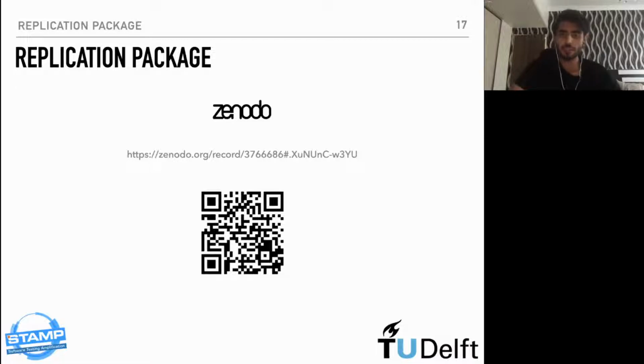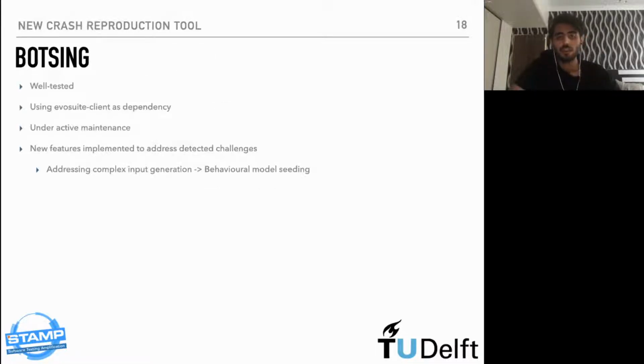Finally, the replication package is openly available in Zenodo. And the other thing is that after this study, now that we knew the challenges, we wanted to improve this